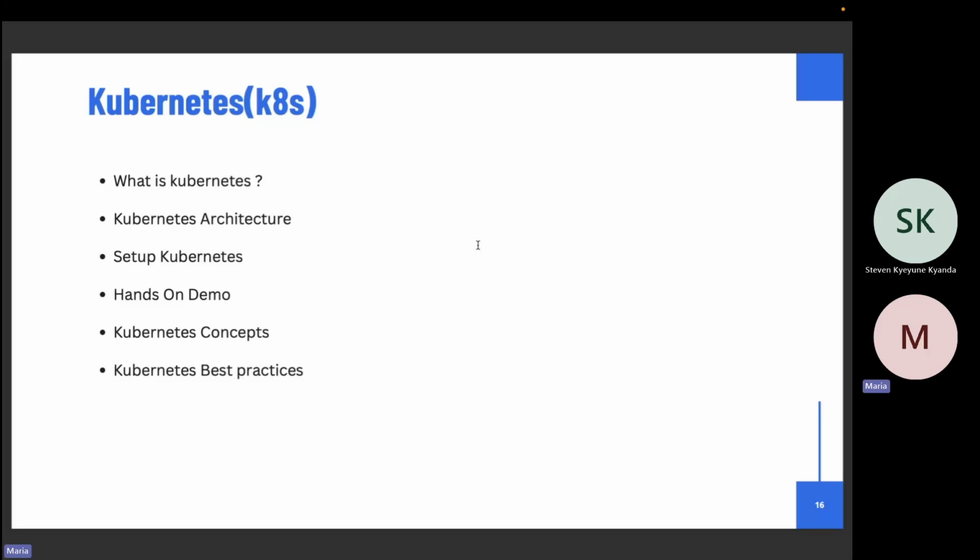How does Podman perform on Windows? Podman, we can find it in Linux.